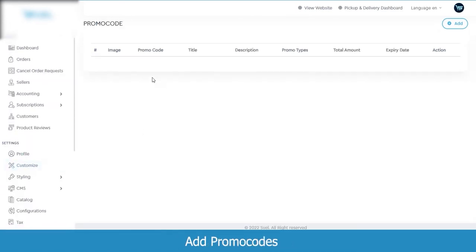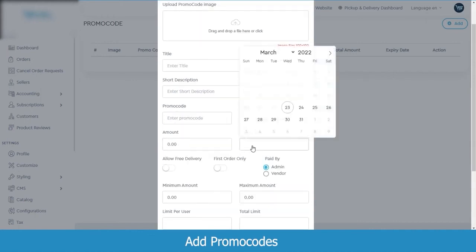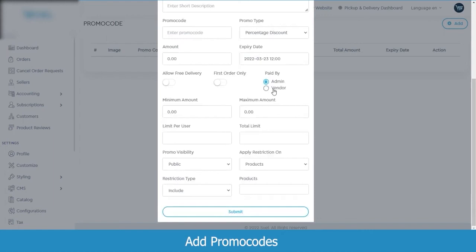Next comes the promo code section. So if you want to add any new promo code to offer discounts or offers to your customers, you can click on the add promo code button. Now you can upload the promo code image, enter the title of your promo code, enter a short description for it, enter the promo code, select the promo code type, whether it is percentage based or fixed amount based, select the amount for the promo code, select its expiry date, select the features that it would be offering, whether it will be offering free delivery or whether the promo code is applicable to the first order only, who would be the promo code bearer,